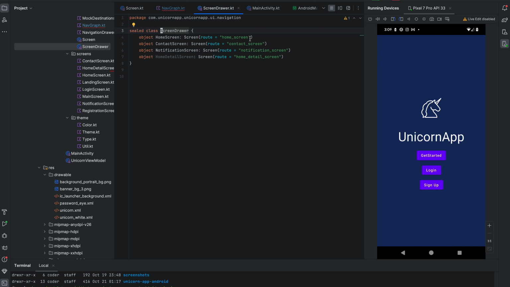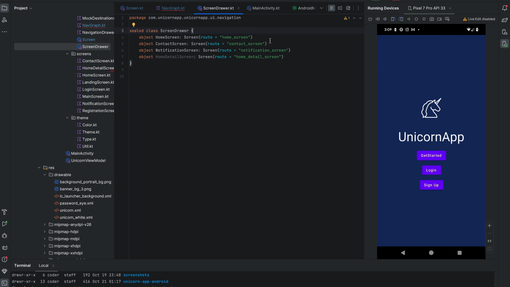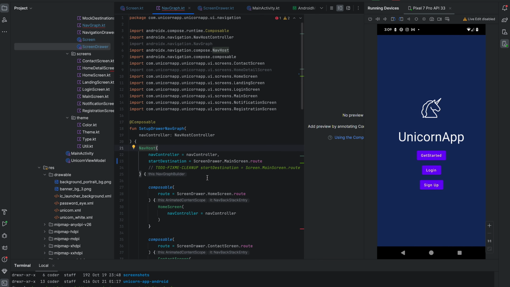So here it doesn't have it listed, so we can move our main screen listing from here to the screen drawer. And now if we go back to the drawer nav graph,